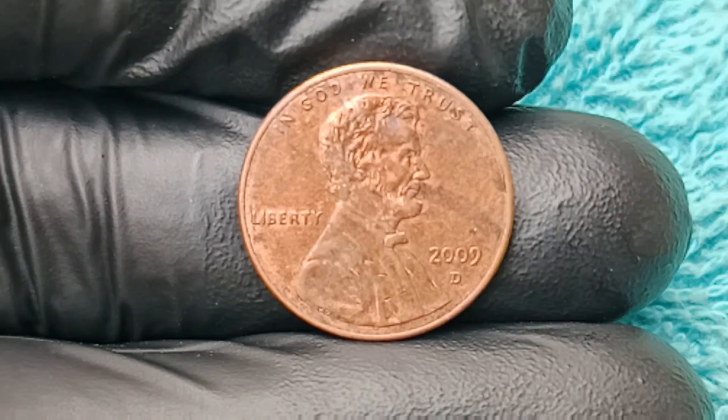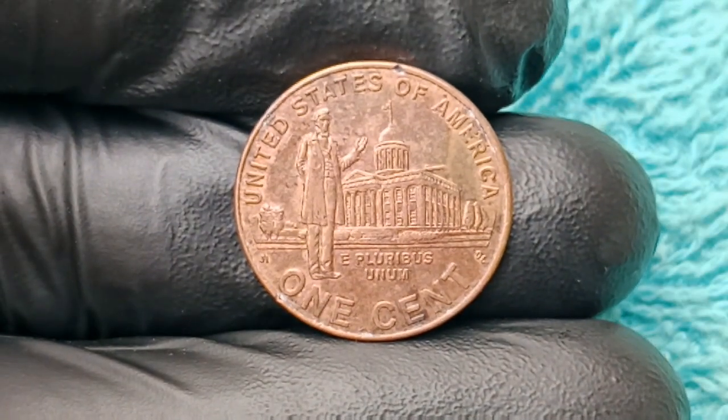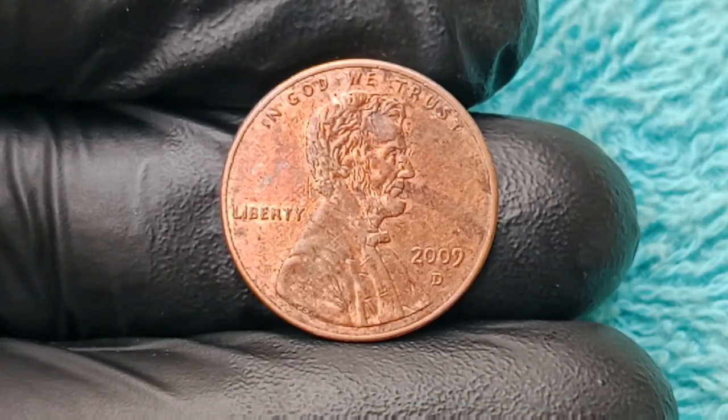And what adds even more intrigue to this story is the fact that the US Mint never officially acknowledged the full extent of the error production, leading some to speculate whether internal audits missed critical quality assurance lapses or if the number of flawed coins might be greater than reported, a possibility that fuels daily coin hunts across the country,